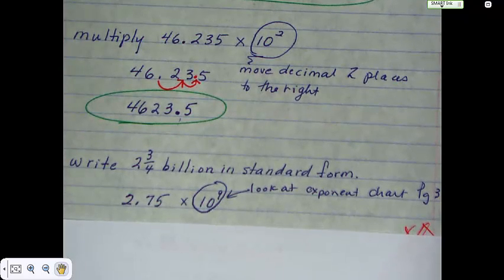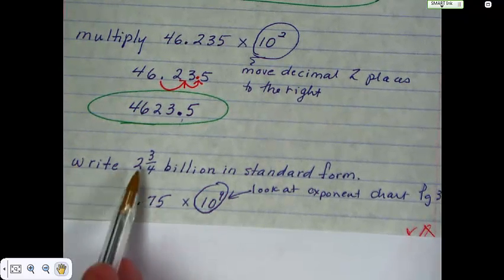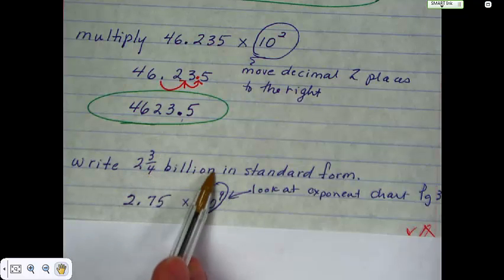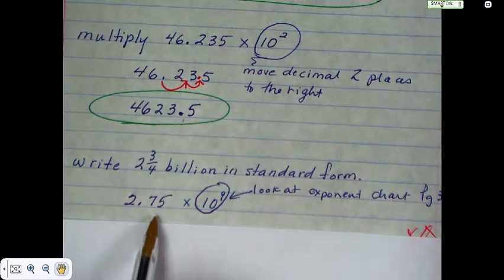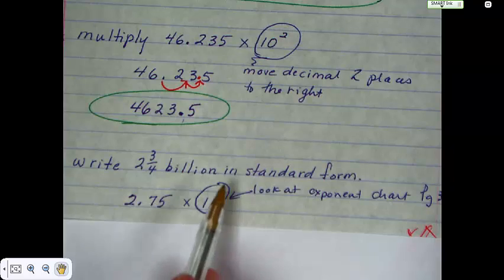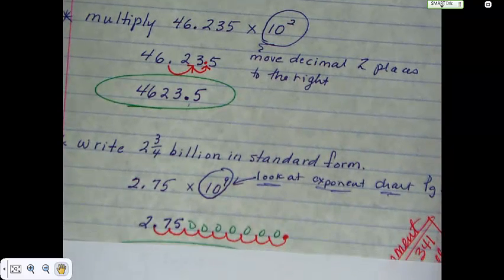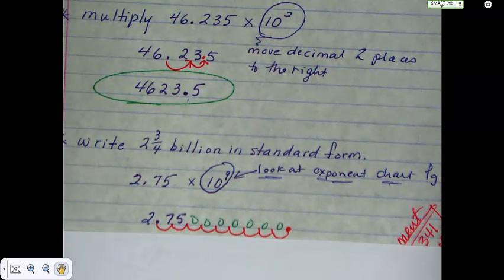Okay, here's another example. Write 2 3/4 billion in standard form. Okay, it's 2.75 times 10 to the 9th. And so then you just multiply it. This is standard form right here. Standard form means how you would see it on any given day. Standard form. Like